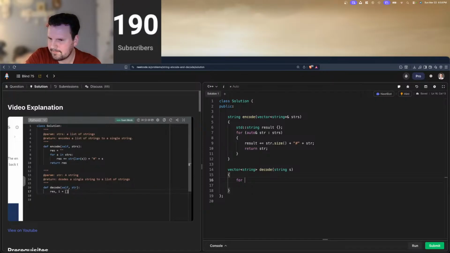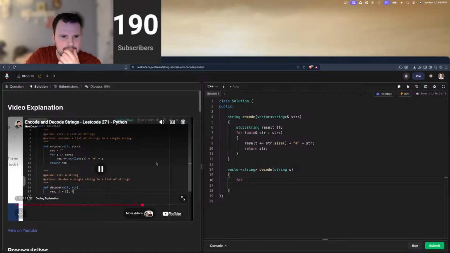I'm also going to have a pointer i at in the input string so far. So I'm going to just iterate character. So what you want to say is string result is equal to